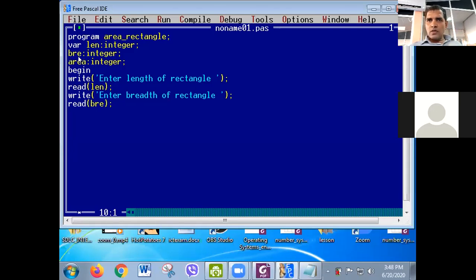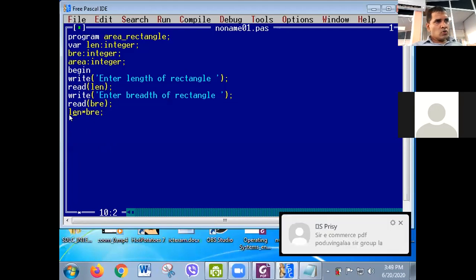So what next? You need to do a process, right? Because to get the area of the rectangle, right, you need to multiply both of them. So let's multiply. So where is your length? It is in LEN, right? Your length is in LEN. For multiplication, we use asterisk, right? Asterisk. Where is your breadth? It is in BRE, right? Semicolon. Length and breadth are multiplied, right? So result of this particular calculation should be saved, right? Should be saved